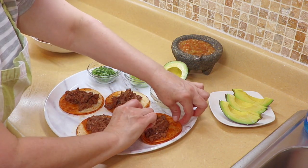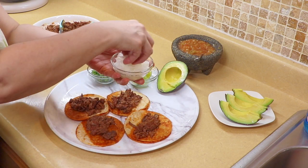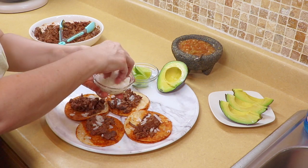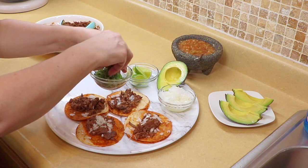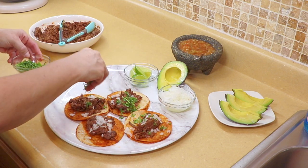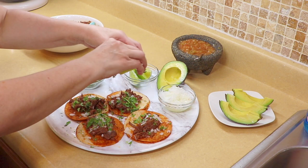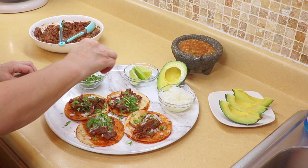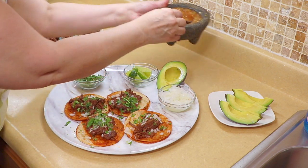And now if you want to put them closer together, so when you sprinkle the onion on them, you can just sprinkle them all on top like this, or if you don't want onion, don't put onion. Put cucumber, a lot of things you can put. Some fresh cilantro. Little squeeze of lime, and here we have some salsita,